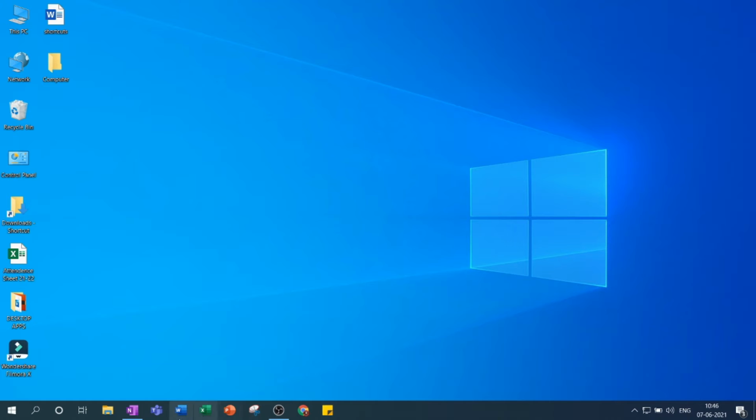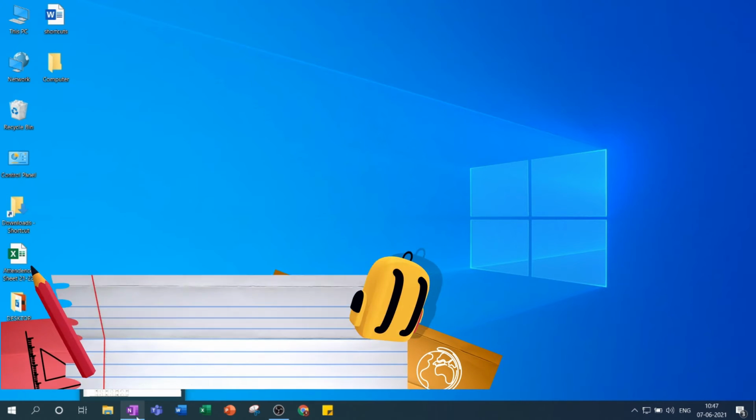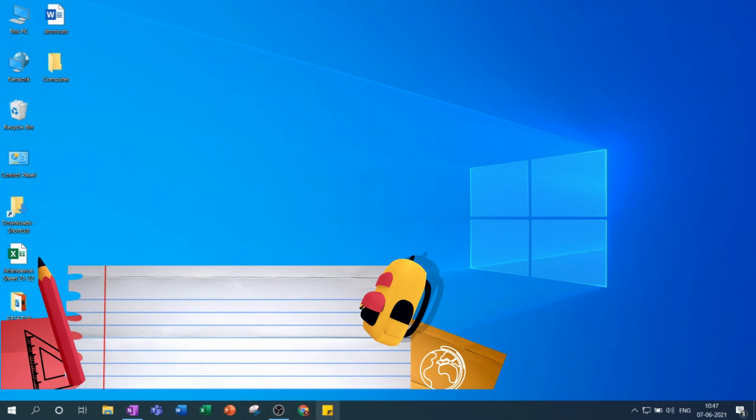Next are the various applications that I have installed on my systems. According to my choice, I have just put them on the taskbar. So now how to put the applications or the softwares on the taskbar? इसको हम कहते हैं pinning.